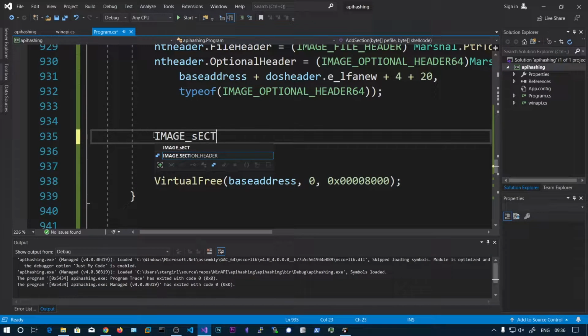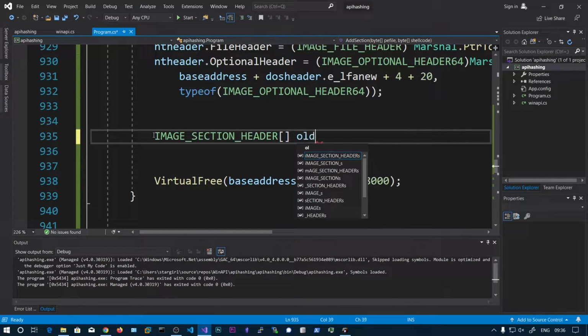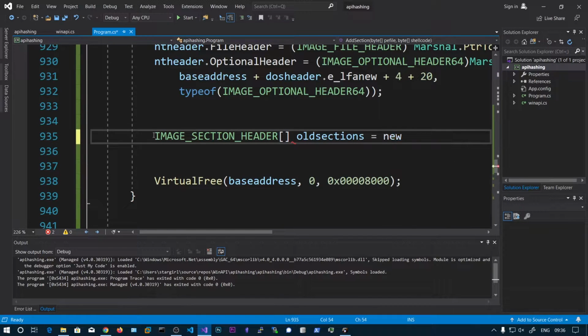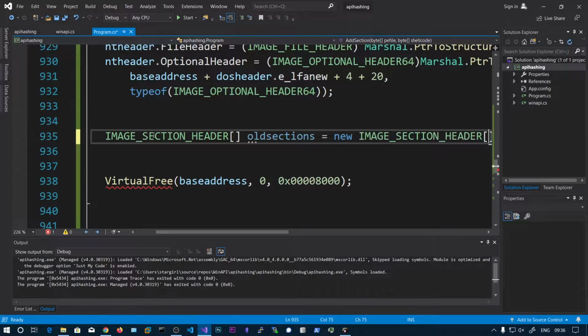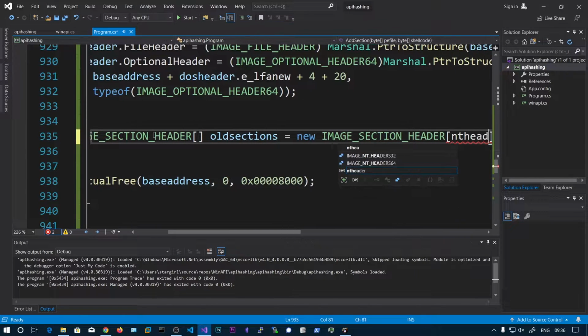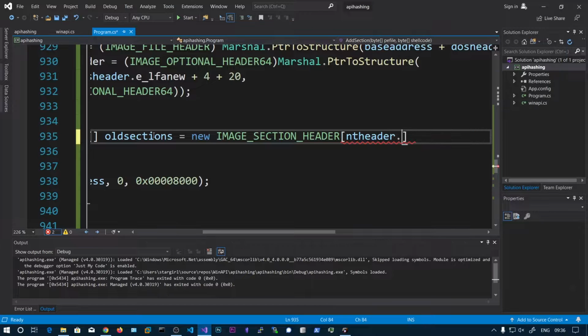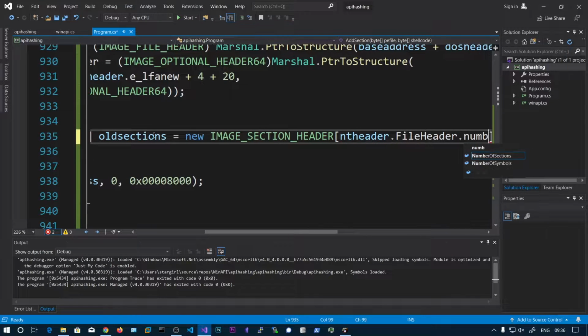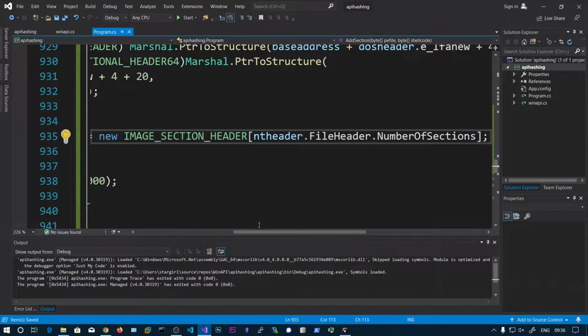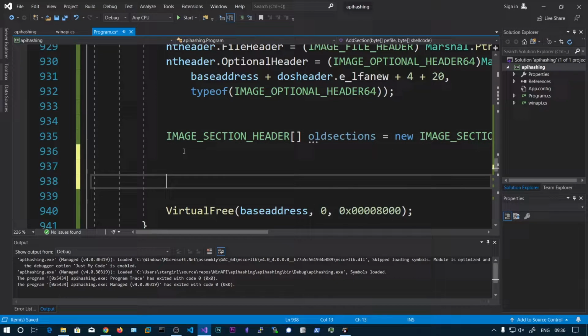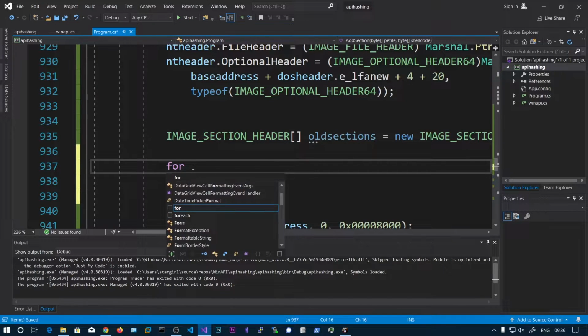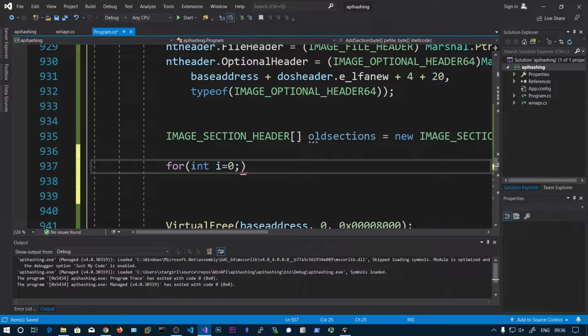Image section header old sections is equal to new sections of how many sections are there? NT header dot optional file header dot number of sections. So let's go and loop over this, i less than